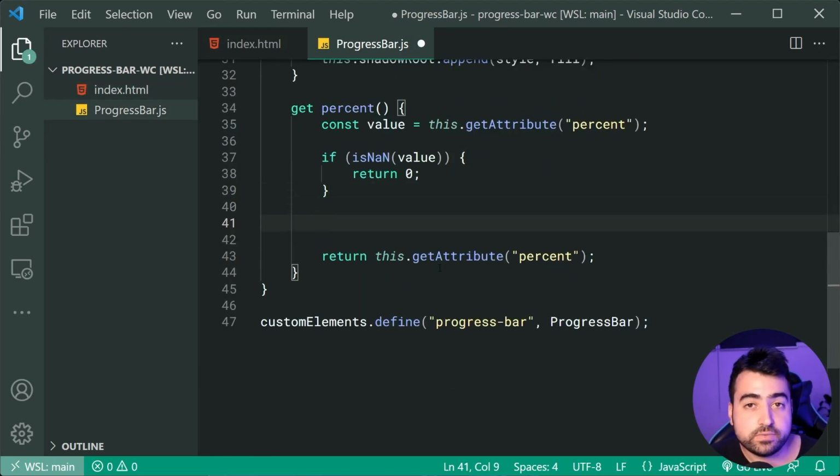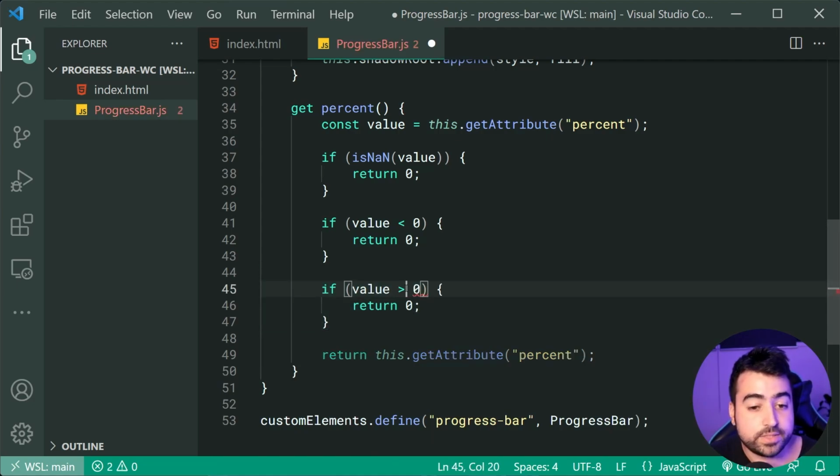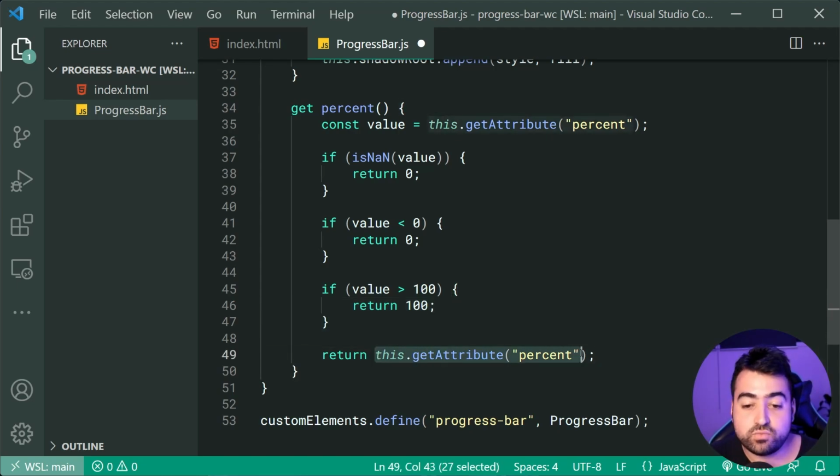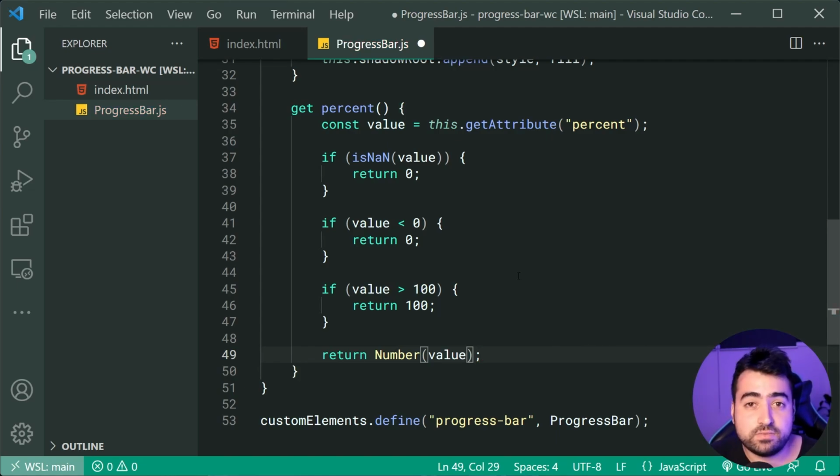We can now also say something like this. Okay, fine, the value is a number. So now we're going to say if the value is less than 0, then we're going to simply just return 0. If the value is more than 100, oh, my mistake, sorry, more than 100, so between 0 and 100 inclusive, in this case, we'll just return 100. In all other cases, we can simply return the value, but we're going to be wrapping it inside the Number function right here,